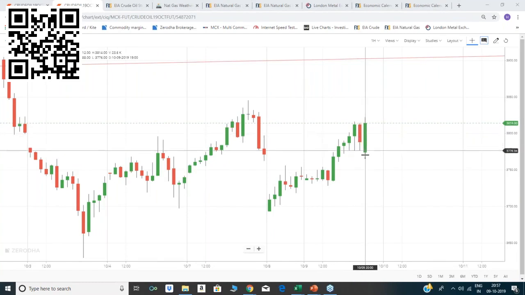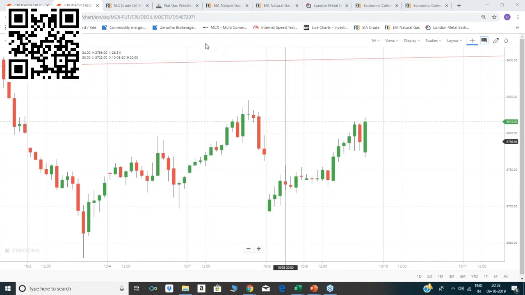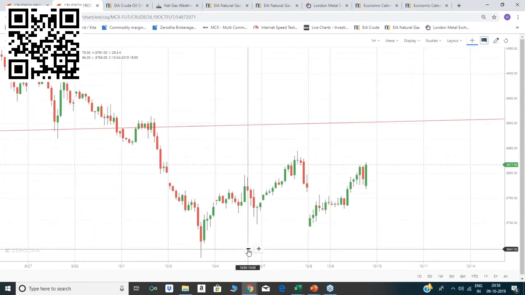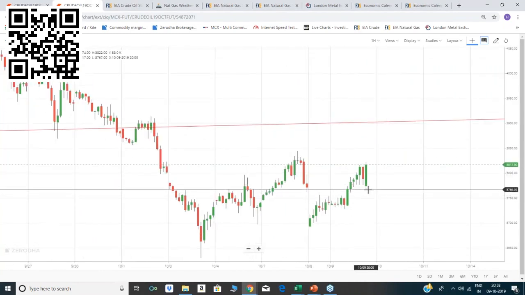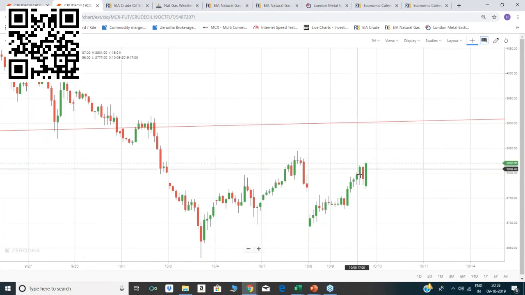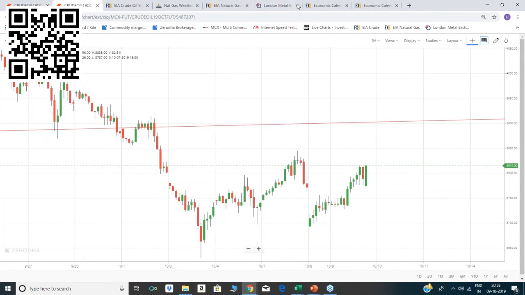Can you see, sir, the impact was momentary, for a few minutes. This is the way it behaves. Right now, today it was momentary. That doesn't mean that every time the same would be the case. But we need to work with our levels, that is more important. See, it retraced a little bit downward according to the inventory, and now it is going one way upward because there was not a huge difference in the inventory data, right? All of you agree with me?